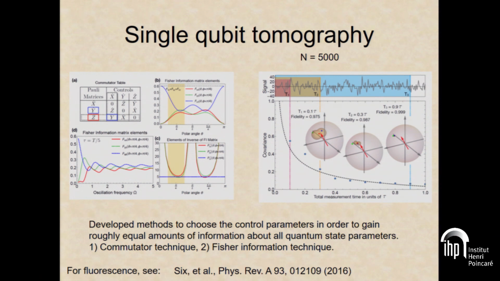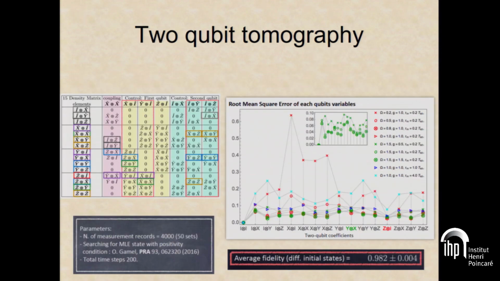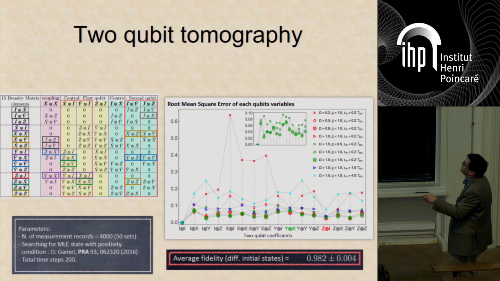So here we have in mind the dispersive measurements I was talking about before, but they talked especially about dispersive measurements for a single qubit in this nice paper as well. Okay, so let's go on. Just in the interest of time, I'm going to skip over the remote qubit and go directly to the full 2-qubit estimation. And so again, if you choose the controls correctly, you can estimate all 15 elements of